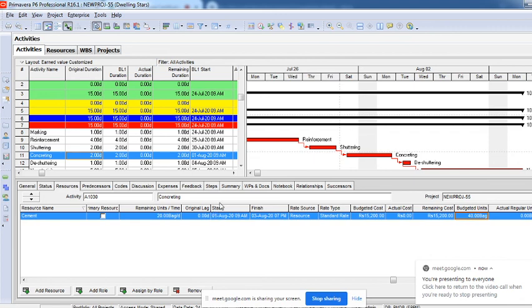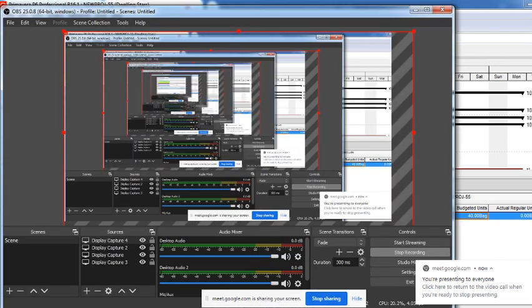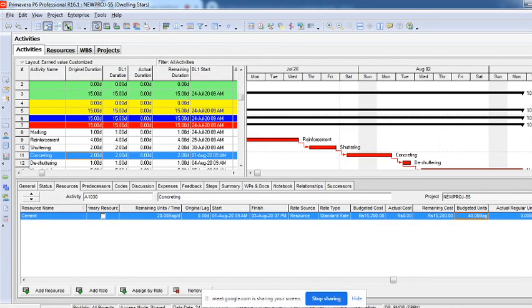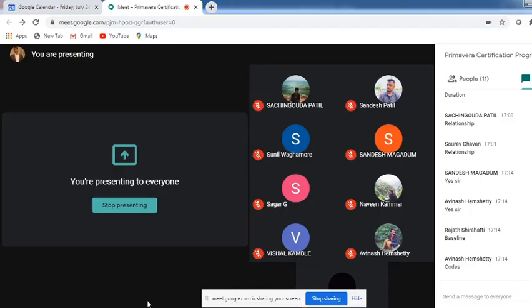Once complete planning is done, then you will have to do baselines. Baselines are another most important part, as Rajat was asking for baselines. Probably, Rajat, what we can do is, only people who want to hear about baselines and all, we can join again sometime else, because it's getting late. It's 5:36 already. We'll continue this in the next class.